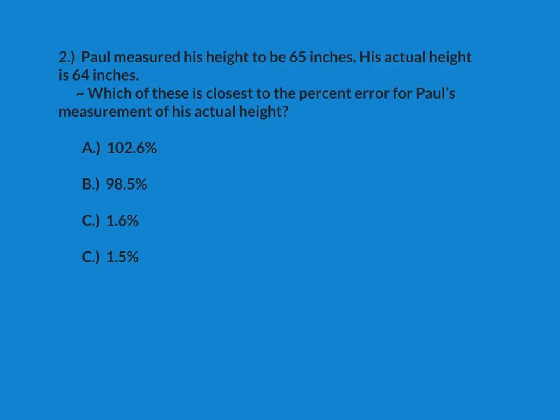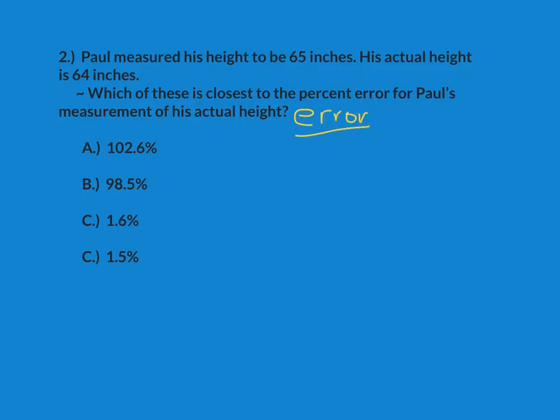Next problem. Paul measures his height to be 65 inches. His actual height is 64 inches. Which of these is closest to the percent error for Paul's measurement of his actual height? So I know when I'm finding percent error, the proportion for that is always error